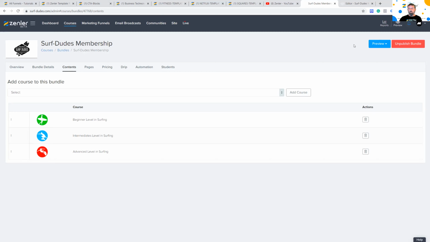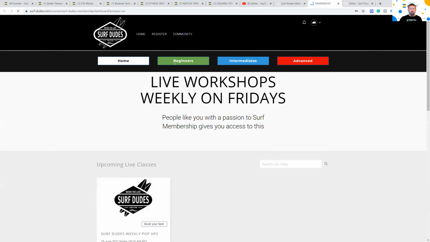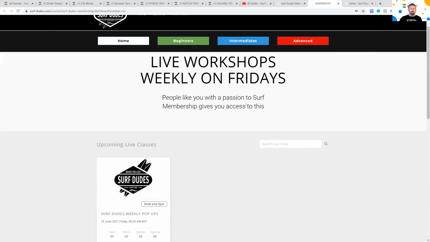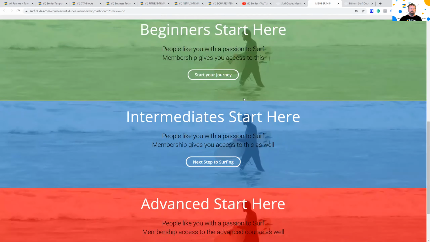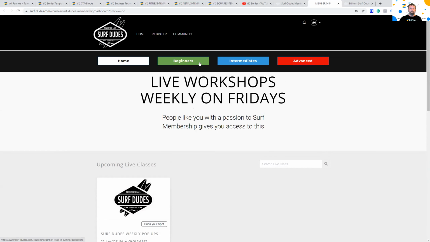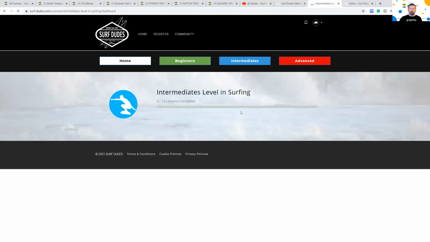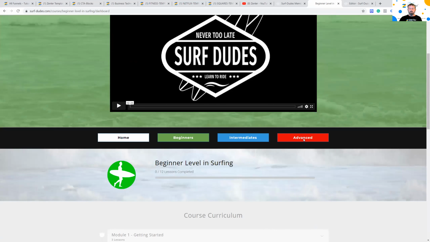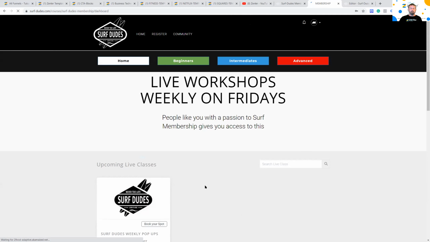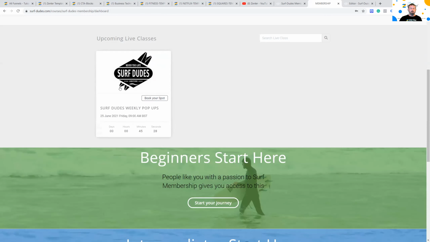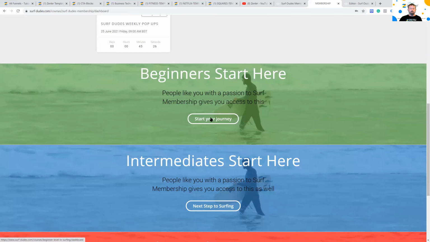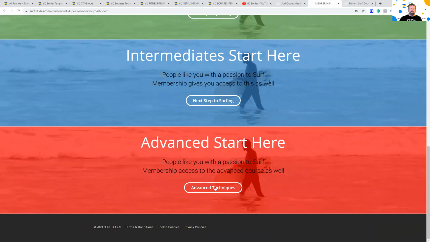Even though there's 3 courses, you can't really tell, it just looks like one. I bought the bundle, but they have access to the intermediate, beginner, and advanced areas of the course. They can return back to the home page, which is the actual bundle. I also put a live in there as well, and they can jump here through the CTAs.